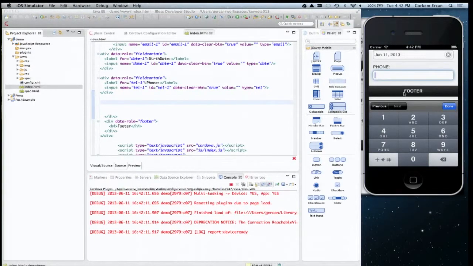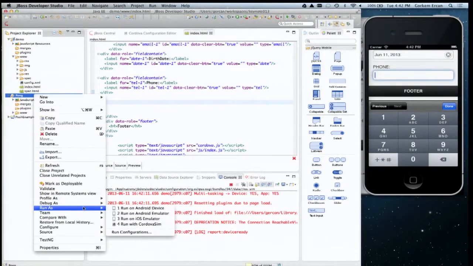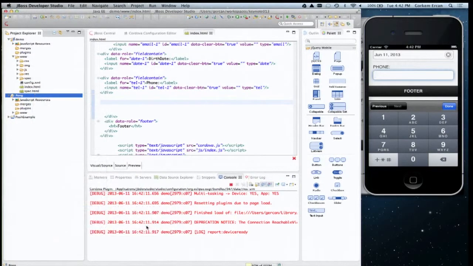So this is one way where Cordova is actually helping you with working with the native phone features. And while you want to work with the phone features, while you are developing it, it's very hard to work with them. So what we can provide is a simulator so that you don't need to go back to an emulator or a real device every time. So I have a project here